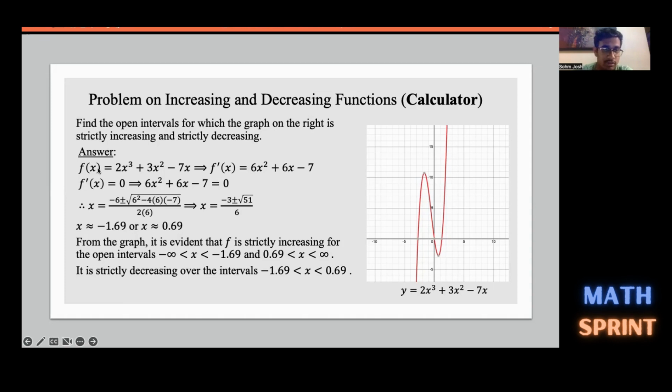So the equation associated with the graph is f(x) equals 2x cubed plus 3x squared minus 7x. So let's calculate f'(x). You just use the rules of differentiation, and you get f'(x) equals 6x squared plus 6x minus 7. Now, if you notice in the graph, there are 2 points where f'(x) is